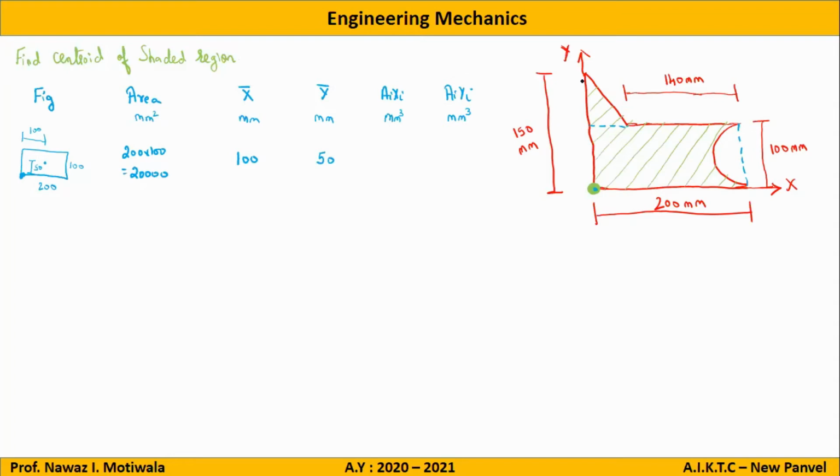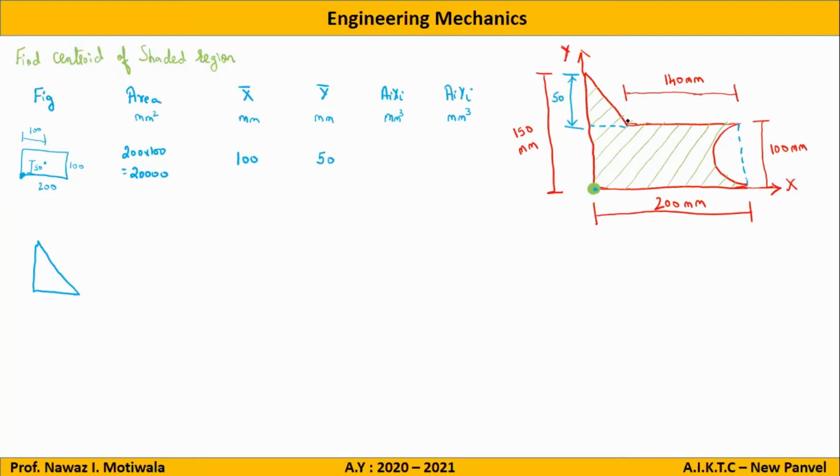Let us say I will be taking a triangle here. So my second part is a right angle triangle. Now for a right angle triangle, we first need the dimensions. So dimensions are not given directly, but we can calculate. See here, the total height is given to us as 150 mm, out of which this rectangle height is given to us as 100. So if this is 100, what will this height become? Yes, very good. 50. So this height will come out to be 50.